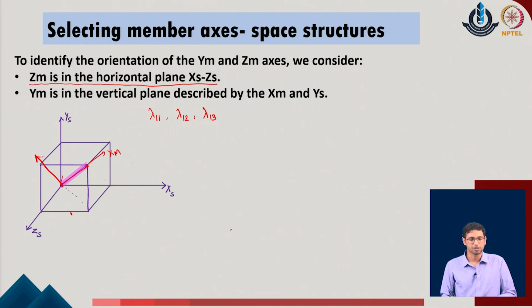The first assumption which we consider here is that the z of m should be in the horizontal plane of x of s and z of s of the given system. That means, if this is the vector, we consider that somewhere on this given plane, we make a rotation and we try to bring the new direction of the system somewhere on this given plane only. So, this is the plane which we are defining as the horizontal plane of the given system, and we say that z of m will be somewhere located on this plane, and this could be defined with respect to some value of the angle beta in the given system, right.